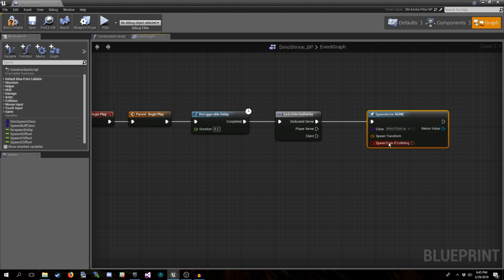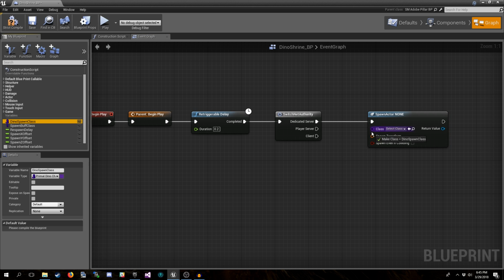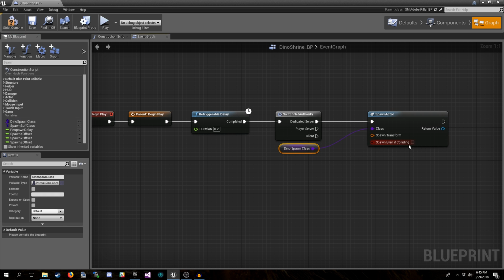We're going to be spawning a dyno, which derives from actor, and to construct one of those, we use the spawn actor node. So we've created that node, and we'll hook up our dyno spawn class. We'll feed its value into the class type right there. We're going to check spawn even if colliding, just so that it doesn't fail to spawn the creature just because the creature's too big for the space.